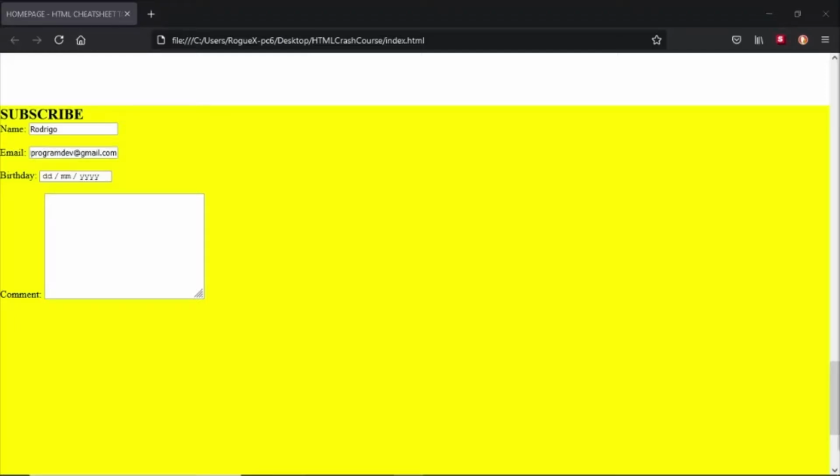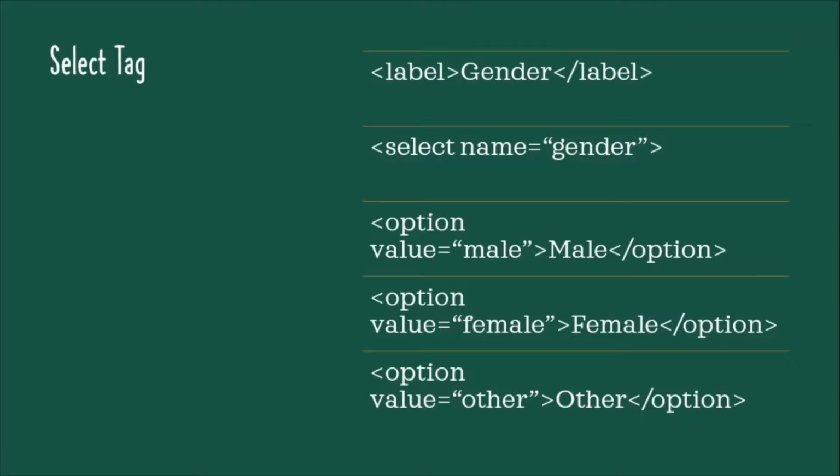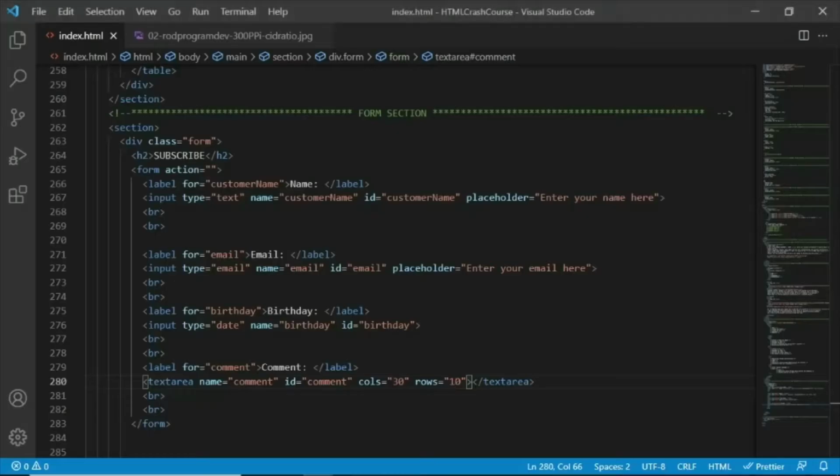And now let's go and talk about the select tag. So you would see here the format guys for the select tag, and it shows here that we have the label element that should be associated with the select tag, and the options that are available for that select tag element. Okay, so we need to put here the for attribute and the ID attribute so that the label and the select tag will be bound together. So some things to take note of when you are using the select tag,